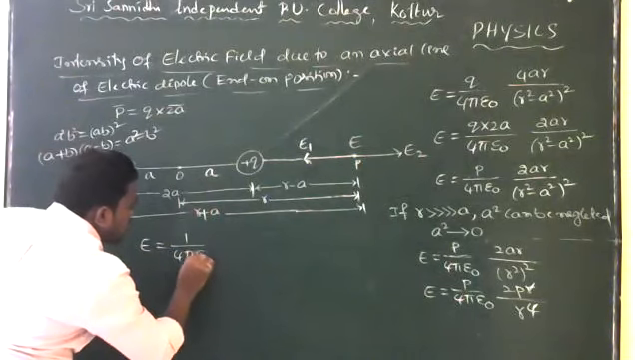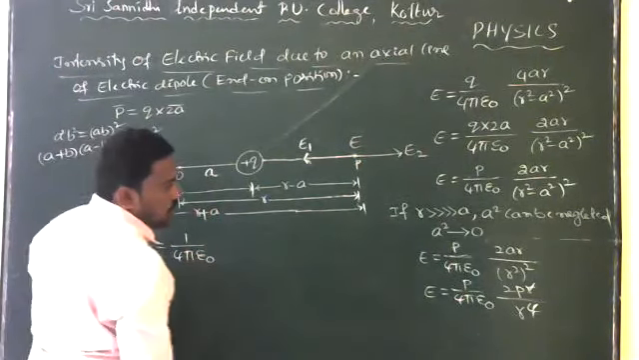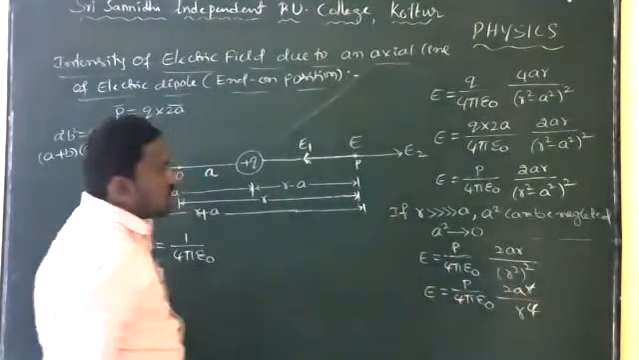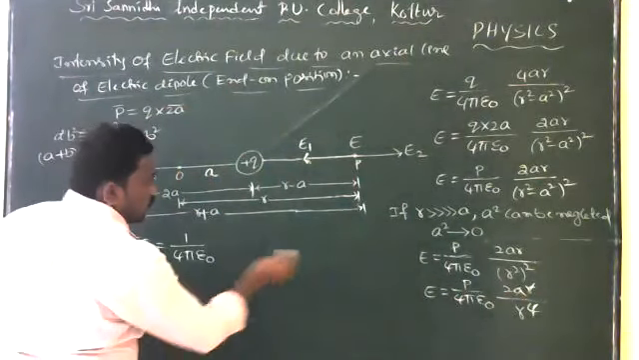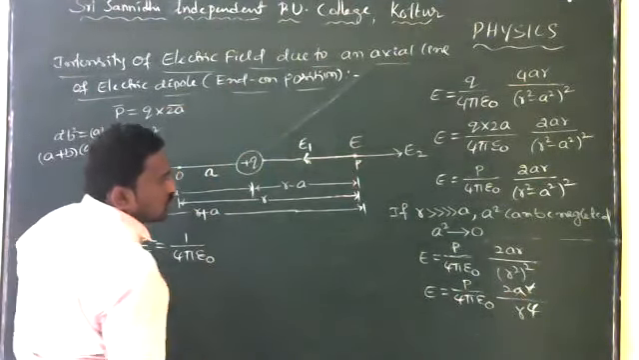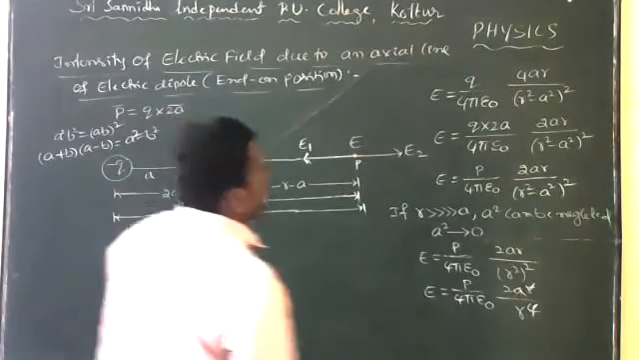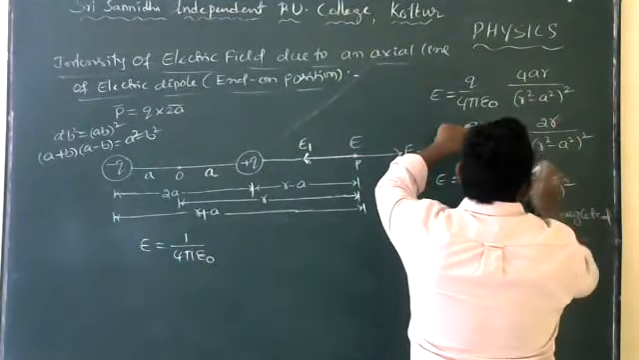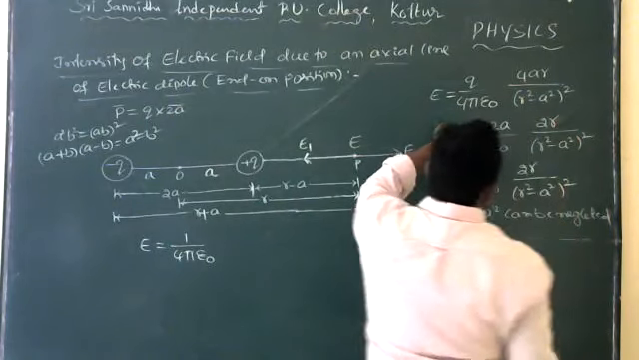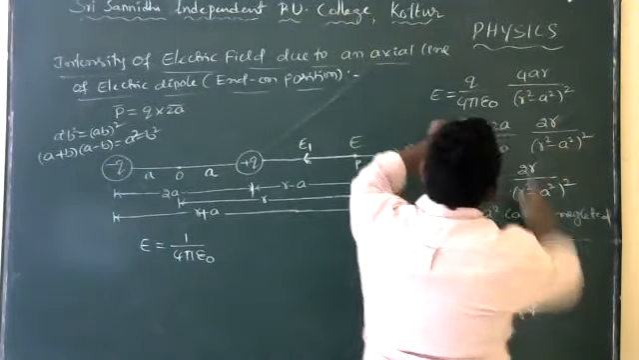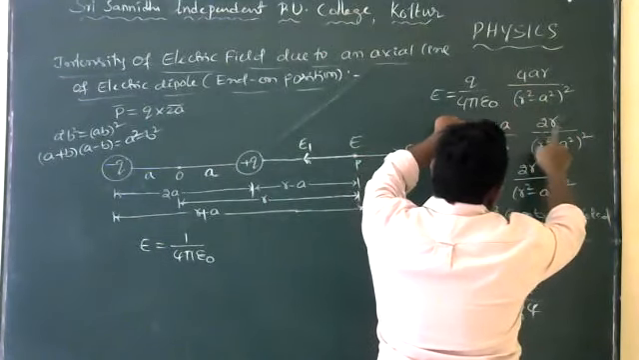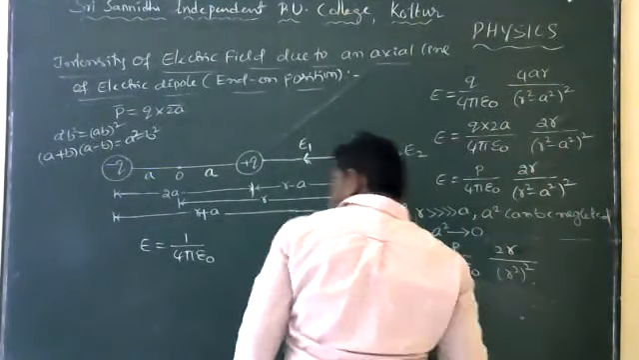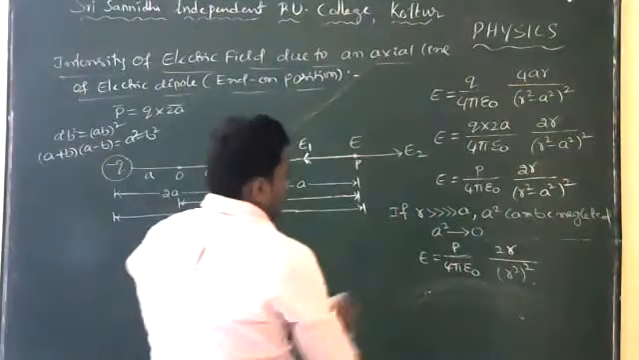1 by 4 pi epsilon naught, so this is AR, 1 by 4 pi epsilon naught. Since q is 2a, this is 2r, so here also 2r. 2r divided by r square minus l square because of 4a and a, remaining 2r, so here also 2r. So next one, E is equal to